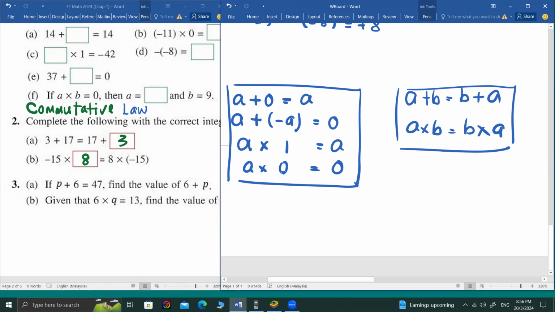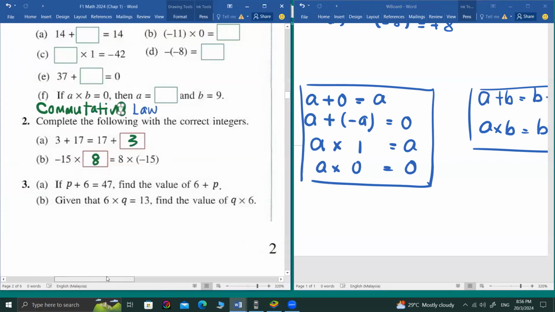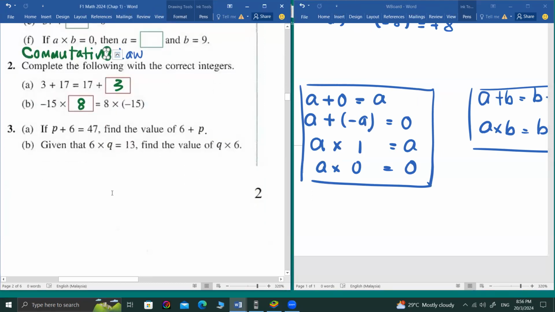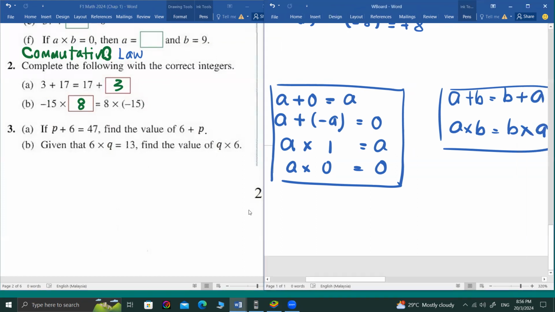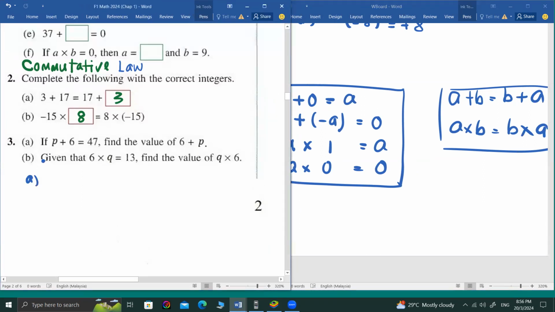Clear now, all of you? Later I'll let you rest. We continue first. Same, number 13 also commutative law. Can I have your answer? 3A. What did you get, 3A? Quite simple, kan? P plus 6 is 47. Now, P plus 6, is it same as 6 plus P? Right? So 6 plus P is what? Yeah, 47. Yes, just write down 47 here, it will do. It's okay. 这些写下来可以了。Got it? 明白没有啊？写下来啊. Write down, please.